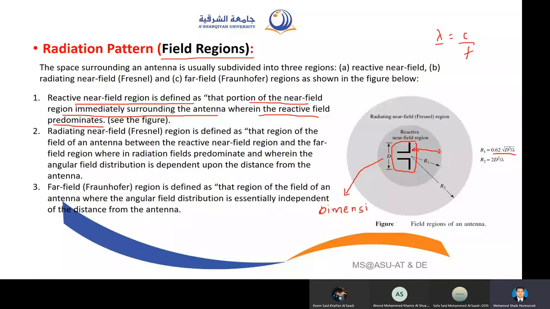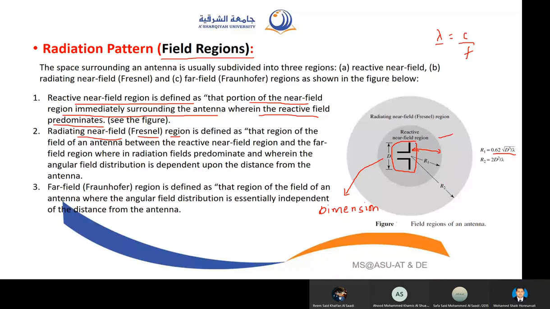We will see this more effectively when you do some examples. Once we go to the antenna type discussions, we will study wire antennas and design some array antennas. In those cases, you will know what lambda, d and all that are. D means dimension, how much length is there. So if your radiation is less than this distance, that region we call the reactive near field region. As simple as that. Next region is the radiating near field region, or Fresnel region.